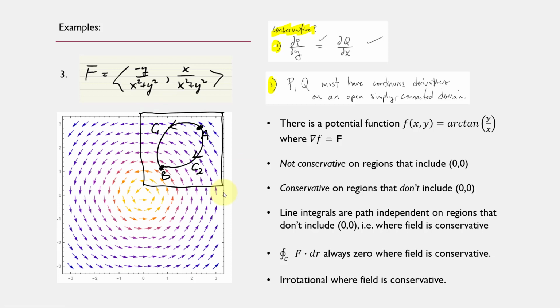So if I created a simply connected open domain that included the origin, I could get 2 points where the line integrals would be different. It would be path dependent. So once again, the closed line integral of the vector field would be 0 where the field is conservative, for example, in this region, or any other region that didn't include the origin, and it would be irrotational, so